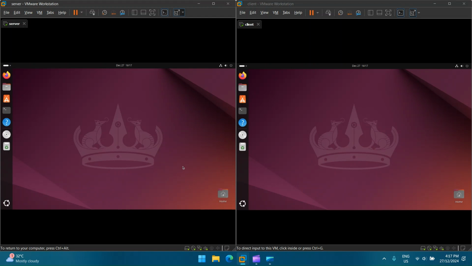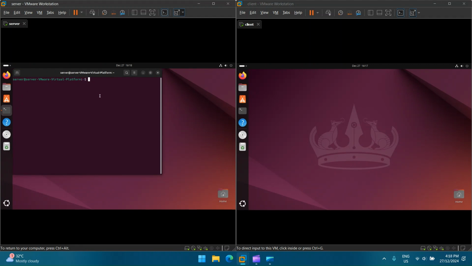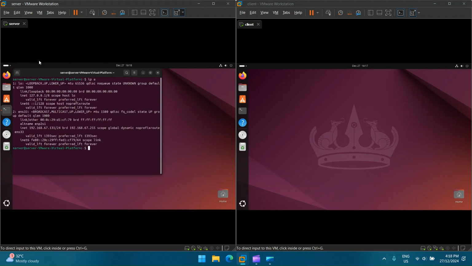In this video, I will show the demo how to execute the VPN in Ubuntu system. So at first, we need to prepare two virtual machines in VMware and check the IP address of the server machine. So as we can see, the IP address is shown in here,